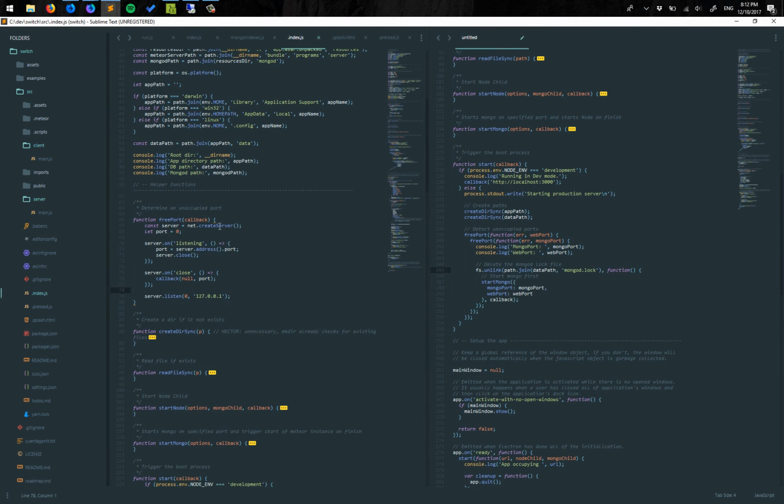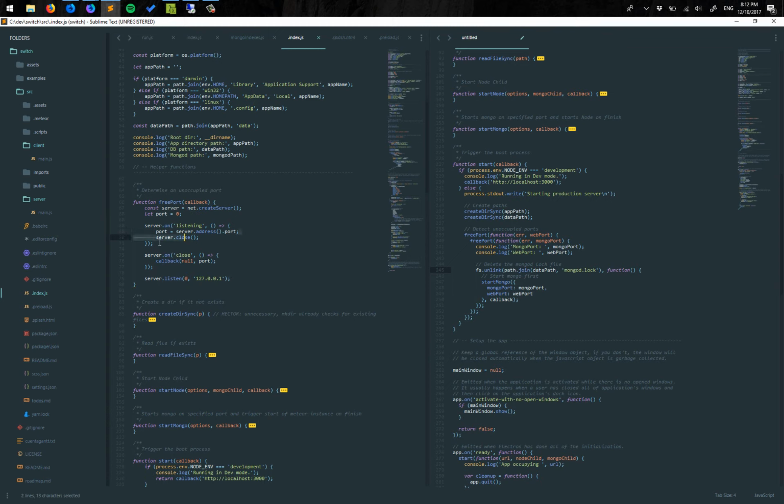What this free port function does is determine an unoccupied port. Now this is slightly misleading because that's not the only thing it does. It determines an unoccupied port, and it starts a server on that port. Because you can't assume in a production environment that port 3000 will be available, it'll just ask the operating system for an open port and run the application on that port. So that's what this net package is doing. It'll create the server, and it'll define the port. And when the server is closed,